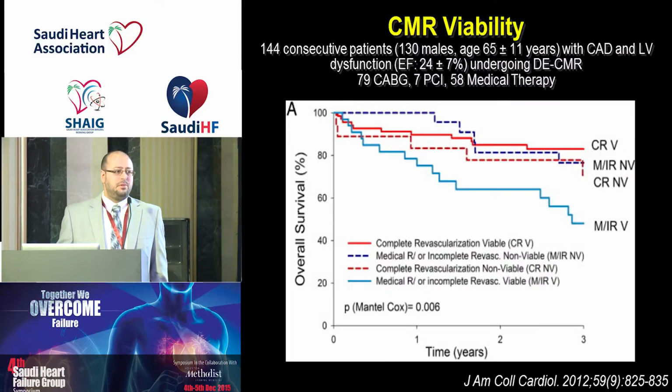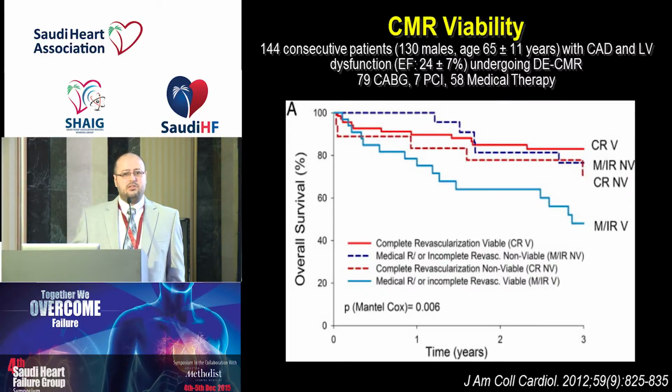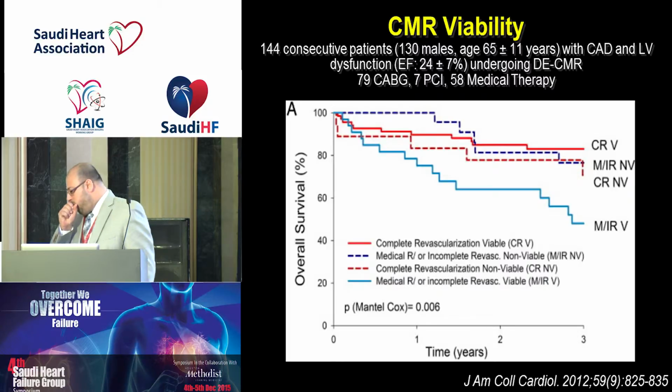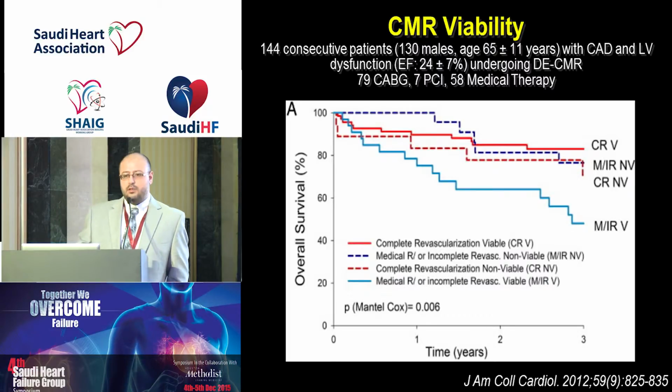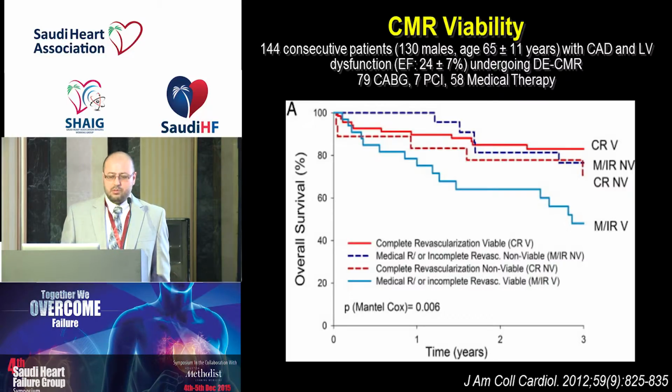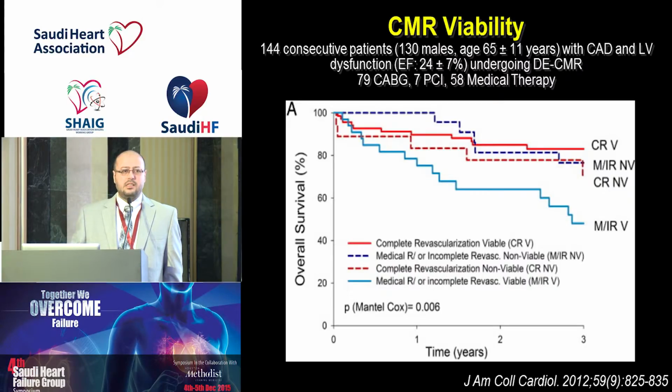Viability data compared to, for example, what we heard about the STICH trial and all of that, the viability data with MRI is now looking much more promising. And as you see in here, this is a study with only 144 patients. And you can clearly see that if there is viability and there are normal volumes, these patients do much better than those who were non-revascularized. So the point here is that if you have viability by MRI, the data is accumulating to show significant